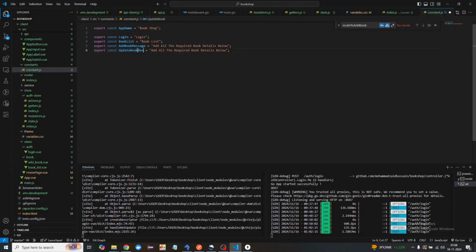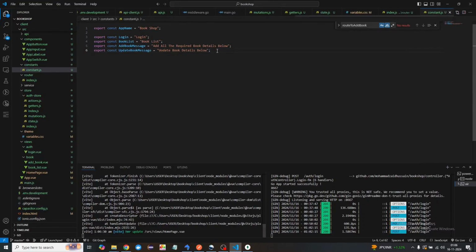You can name it whatever you want, but it should be specific to certain functionalities, right? In this case, of course, add and update. So update book details below. So I'll say update book details below. That's it. Okay, so I'm going to import this both over there. I'll copy it